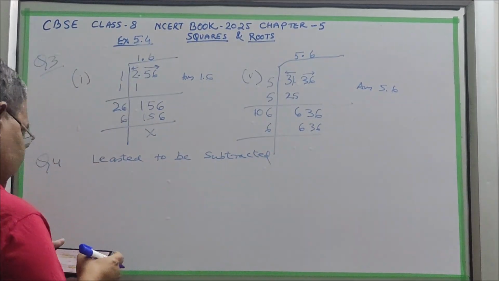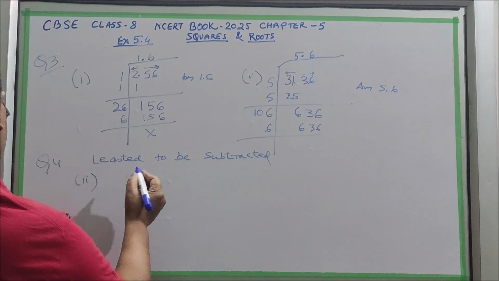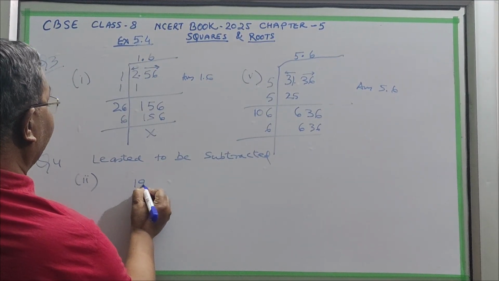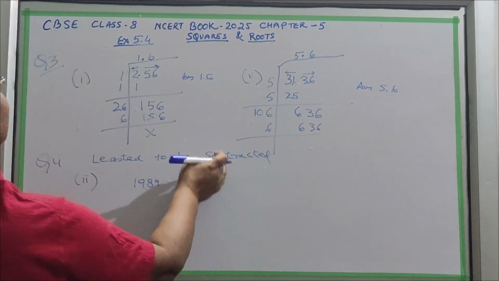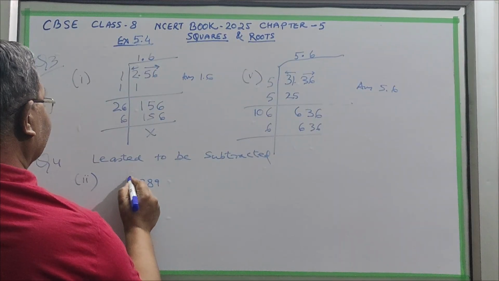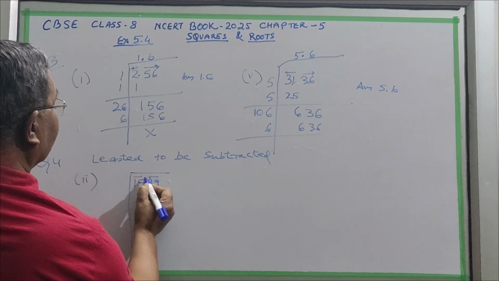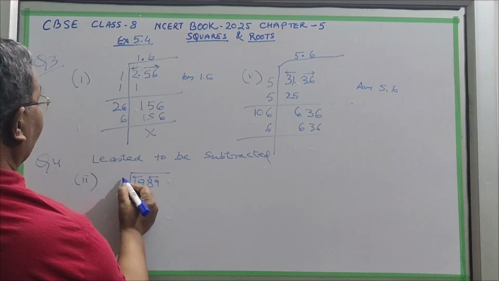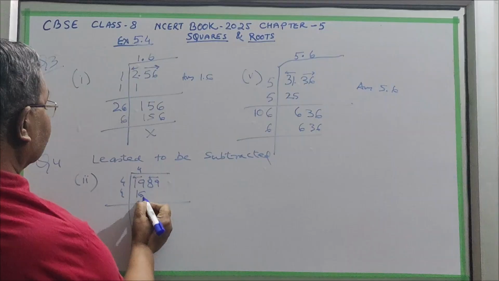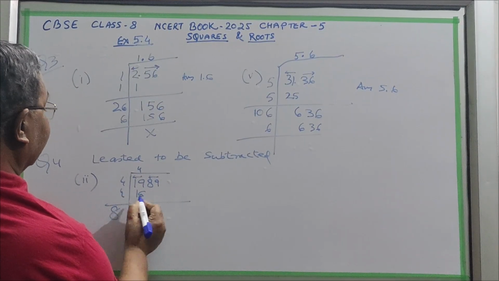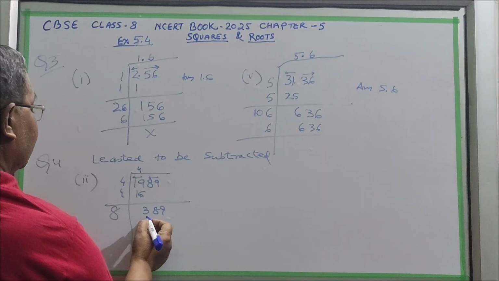So for this we are taking, suppose, 4 2 1989. When subtracted is asked or added is asked, you go by this division method. It is the best method. So 2 and 2 bar is there. So here 4 4s are 16. So 3 will come here, and here it becomes 8, 89 will come. So any number we should not cross.